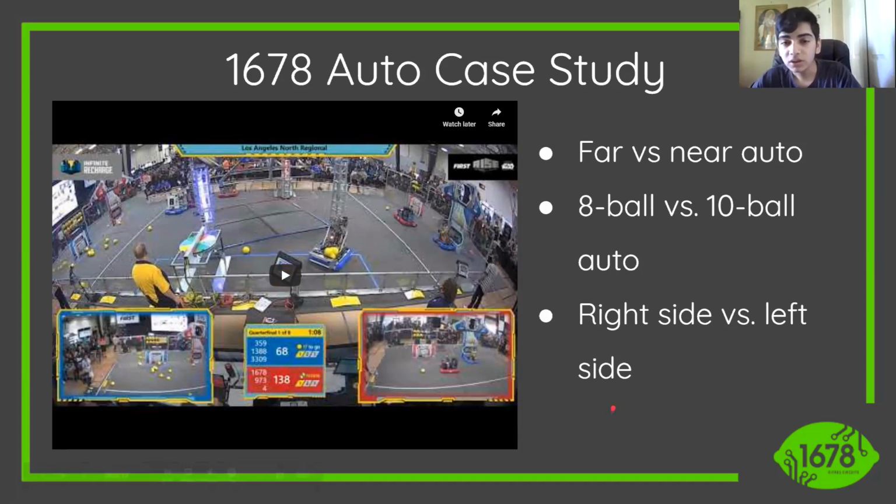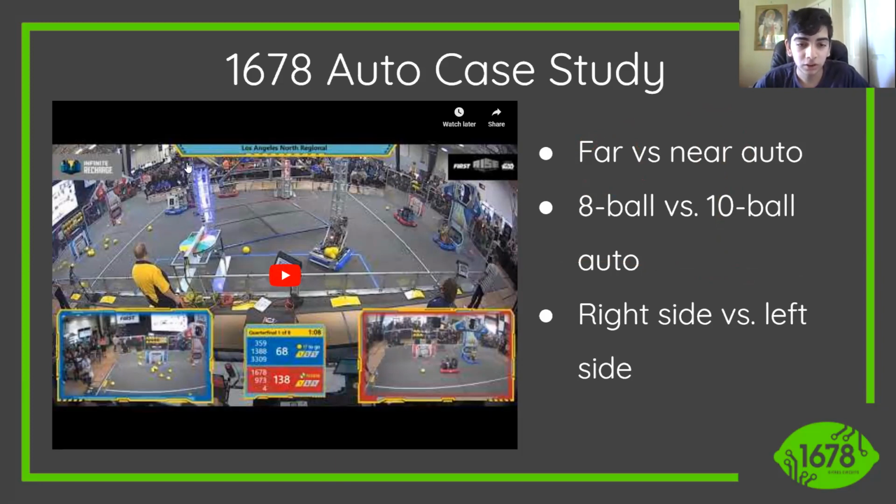But one of the most interesting points that I think comes up in a case study regarding our decision making for this auto was the topic of having a far versus near auto. In the 2020 season, we actually came up with 4 8-ball autos. We came up with an 8-ball auto to do from the right side, an 8-ball auto to do from the left side. But for each side, we also decided to do an auto that would score from the far side and the near side. By the far side, I mean that we would, far meaning that we scored from around,